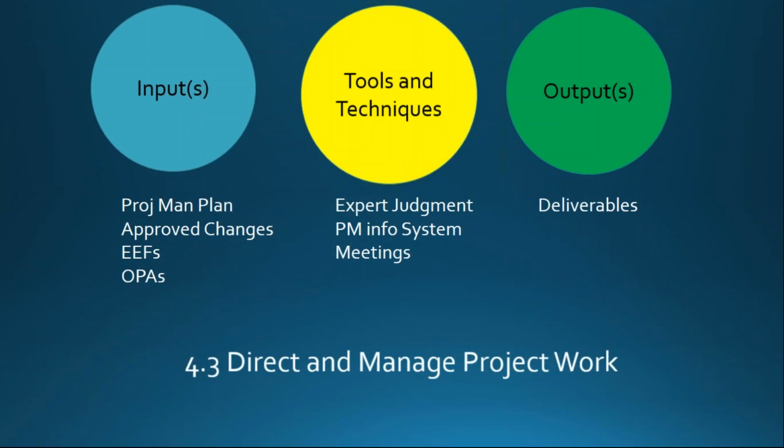The output of 4.3 was just like I showed you in the first line of the diagram in the last screen: the deliverables. It's the end of the project, right? You direct and manage project work until such time as there's nothing left to do, and there's nothing but deliver. We deliver. While we're performing, we're generating all that data. That's the beginning of the loop. Data, information, the reports. I'm sorry to keep saying it, but it really is the best way to understand the sausage factory